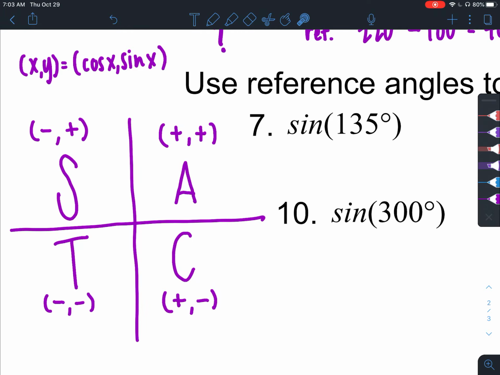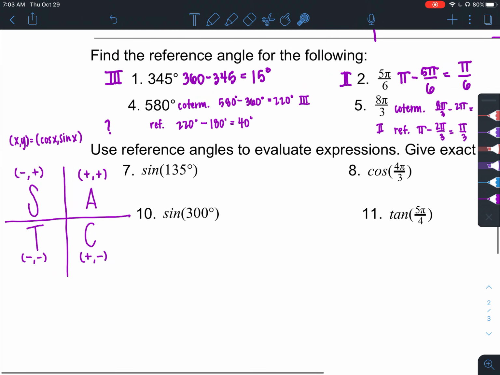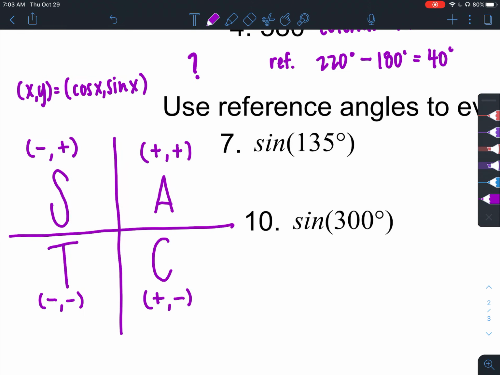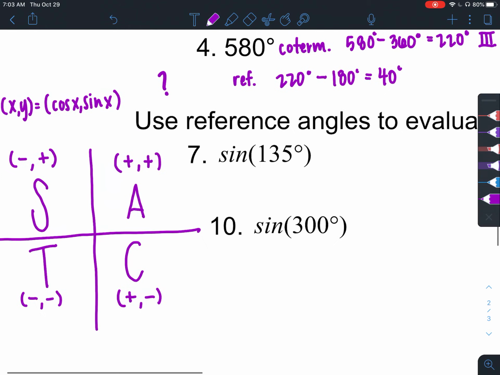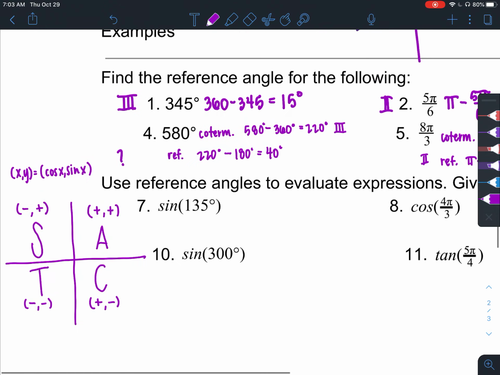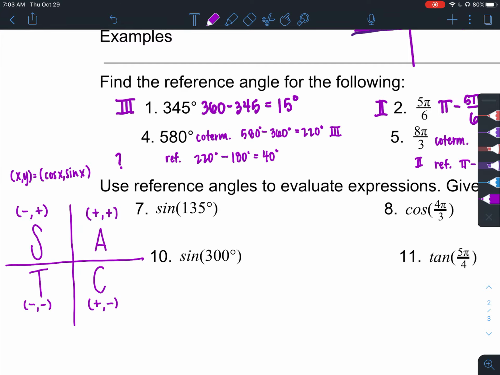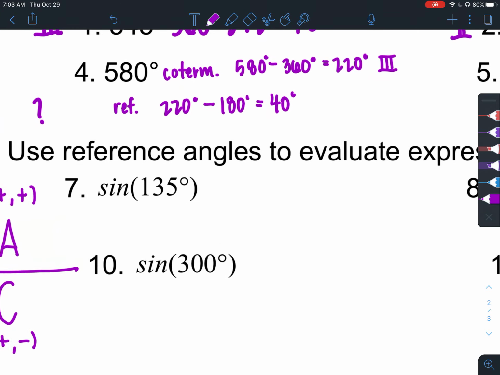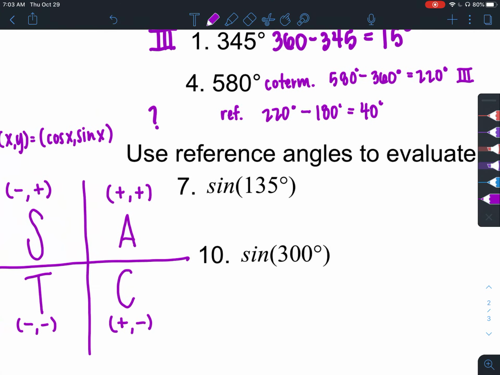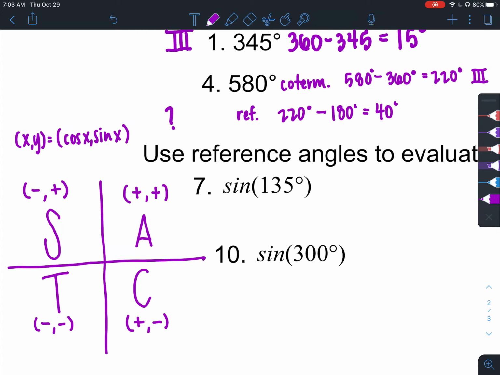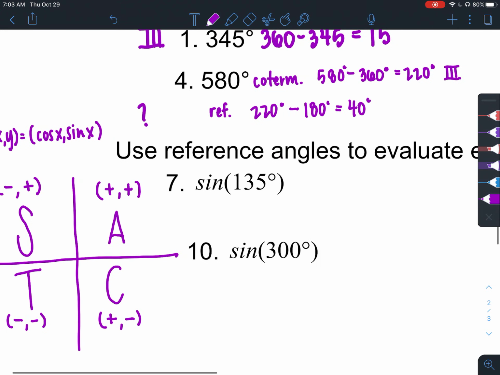So as we're going through, we're going to use reference angles, but knowing what quadrant we start in is going to be really important for determining if it's positive or negative once we find that reference angle because of those reflections. So I have 135 degrees. So first, let's just focus on the reference angle. So if I find my reference angle,